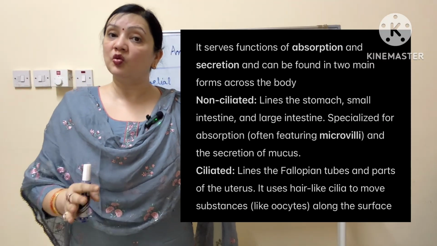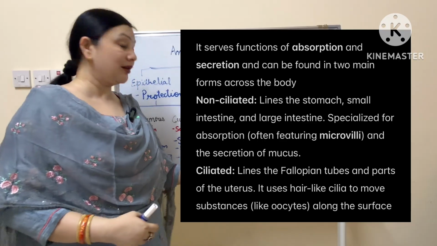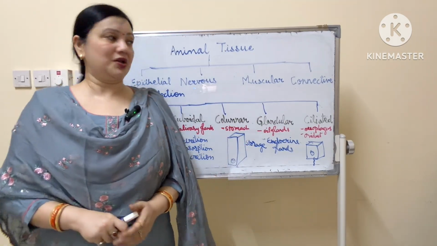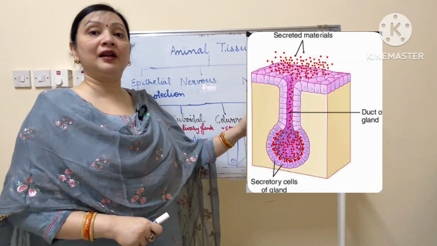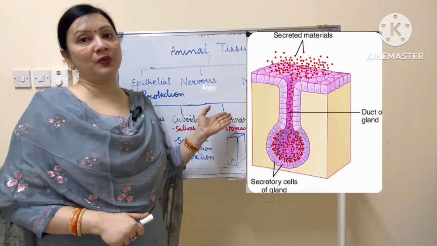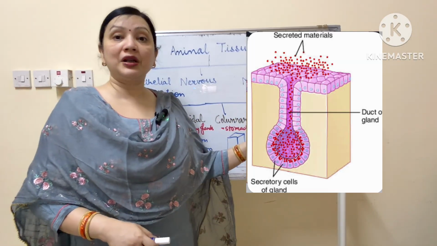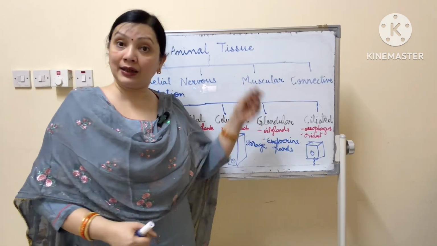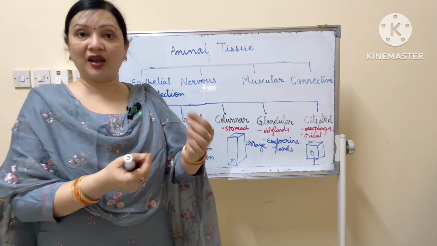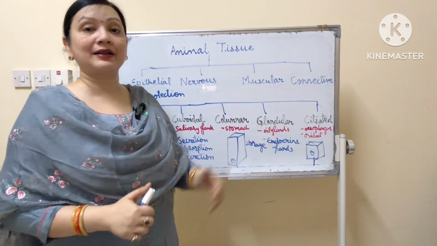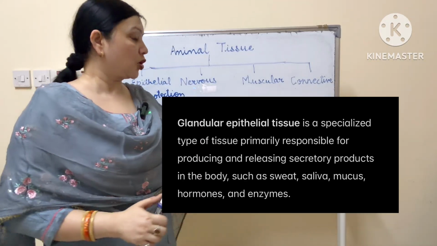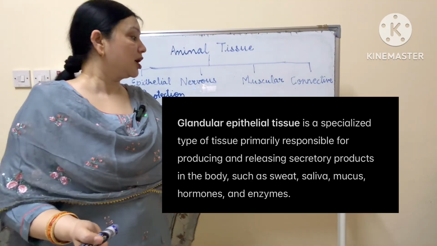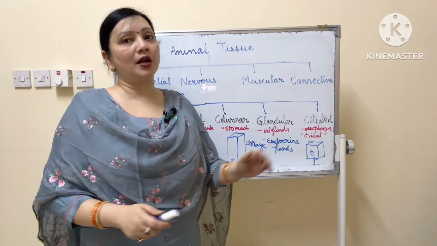When we eat food, food stays in the stomach. Where? In the columnar epithelium. So the main function will be storage. Now this glandular epithelium is a type of columnar epithelium only, usually present in our hormonal glands, our endocrine glands, oil glands, the hair, everywhere, oil glands, it is present, glandular epithelium. So what will be the function there? Whatever secretion is coming out from the gland, it will be stored in this columnar epithelium.